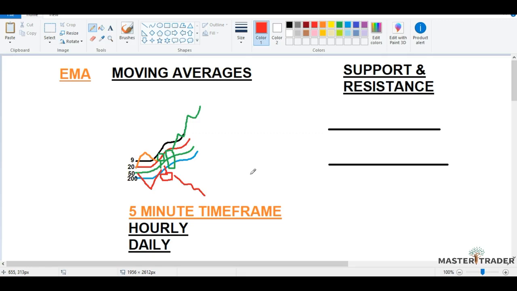Okay, so we can do this on both sides, the buy side and the sell side. All right, now the next